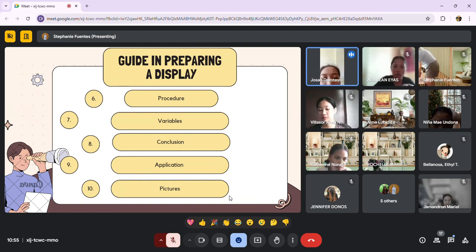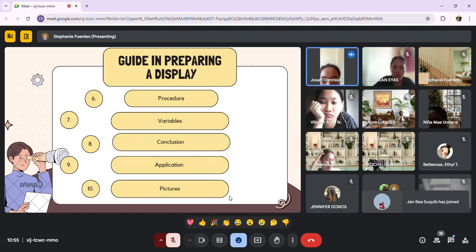So it's very important that we consider that too. Then the application. It is the points that you have learned from the experiment. So it's how you put action into what you learn. It's like putting reality into your vision. So how you are going to apply those learnings that you have during the exhibit.